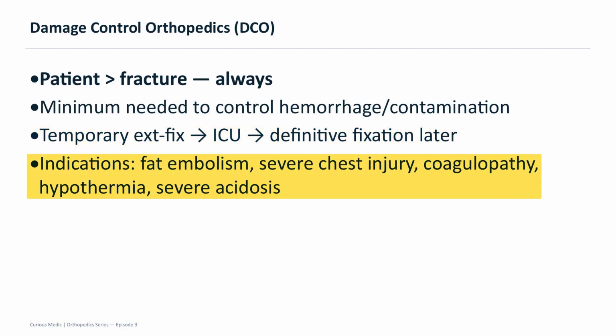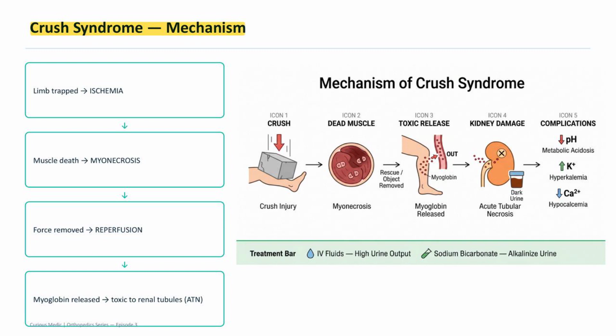The specific indications where you must use DCO and must not go for definitive surgery include fat embolism syndrome, severe chest injury, coagulopathy, hypothermia, and severe acidosis. In any of these situations, a long definitive orthopedic procedure will likely kill the patient. DCO keeps them alive. Crush syndrome is what happens when a limb is trapped under a heavy object for a